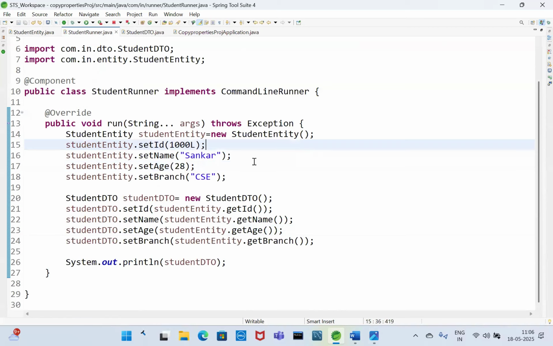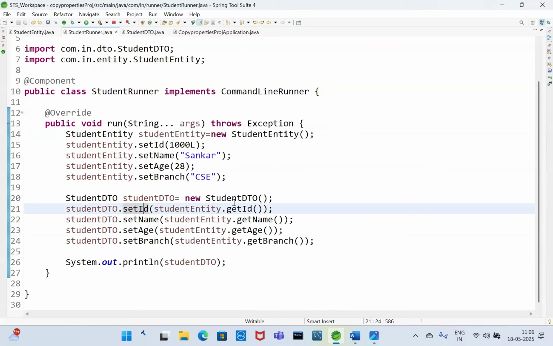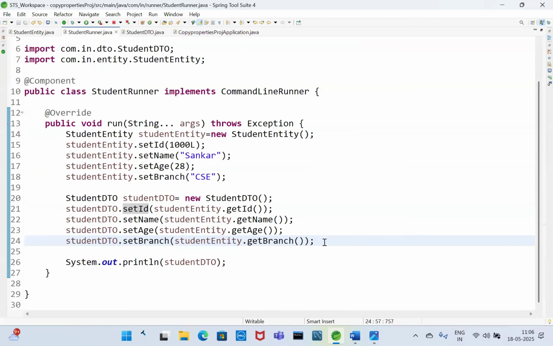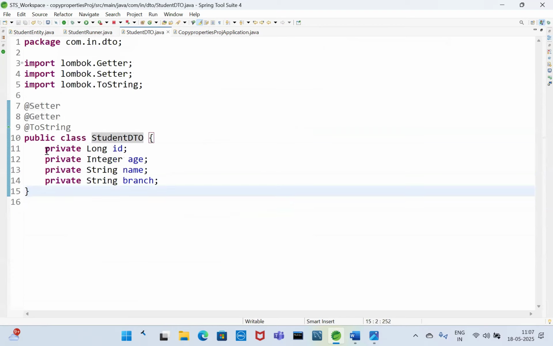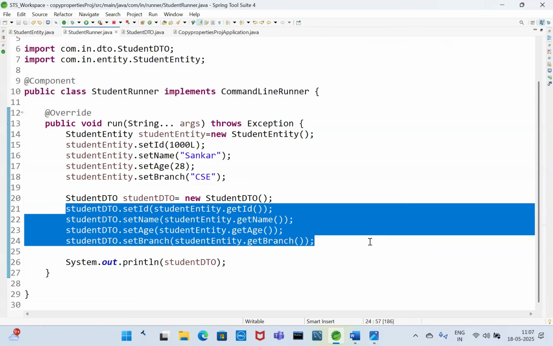So now, instead of writing, this is where we set the data. Instead of writing these, again calling setStudentData.setId equals studentData.get, we can use copy properties. But the rule is we need the same fields in both. See, whatever fields are there in the student entity, here also in the DTO, the same data types and same names, right? This must be the same, then only it is copied. So let's use